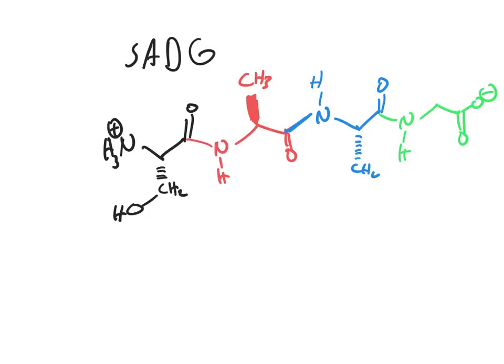So CH2 carboxylate. And the last one was glycine, which means we just need 2 protons. So the way I like to do these is you draw out your backbone like I did before,